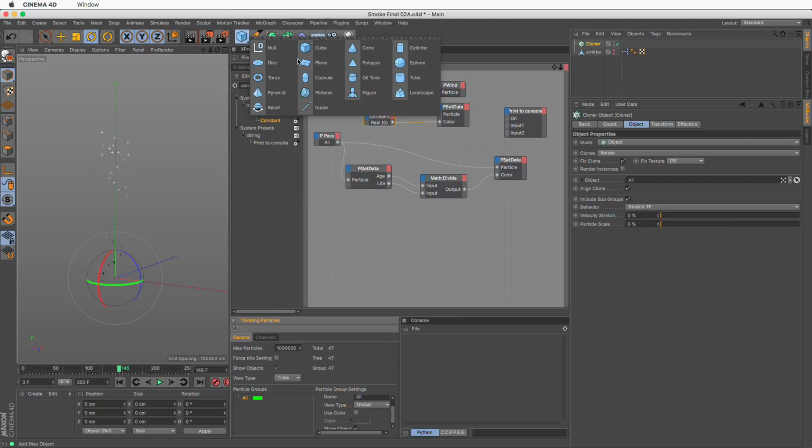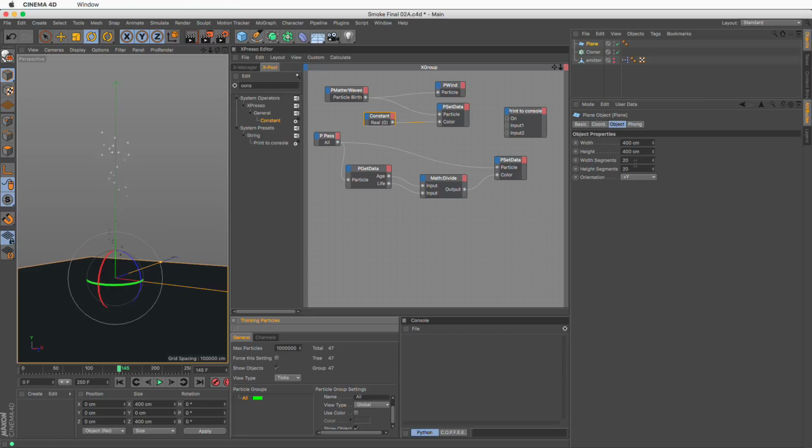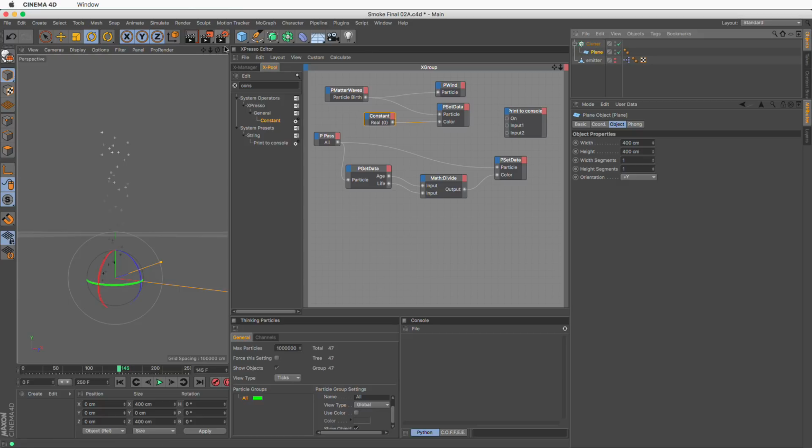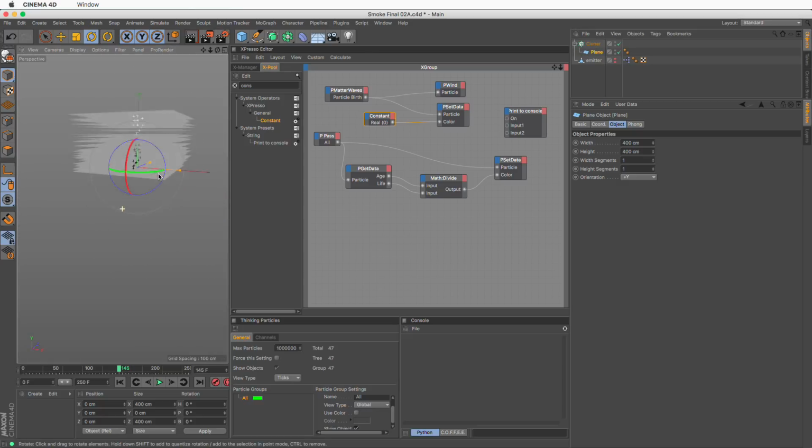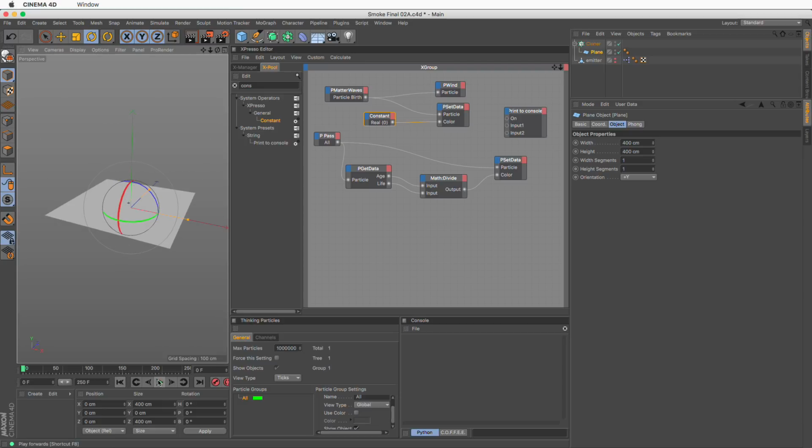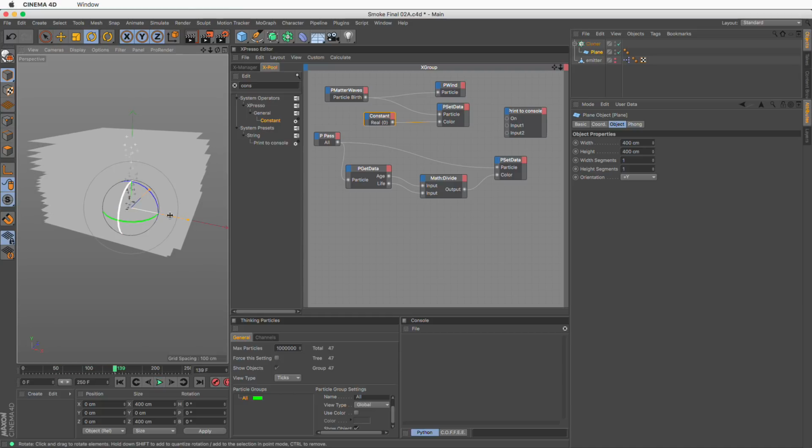Good. Now let's create a plane. Let's set the subdivisions to 1 and 1, and let's make it a child of the cloner. And you can see now we have a huge amount of planes here. And if I rewind and press play, you will see a stack of papers. You can use this to make stacks of papers. Excellent. So that's number 1.